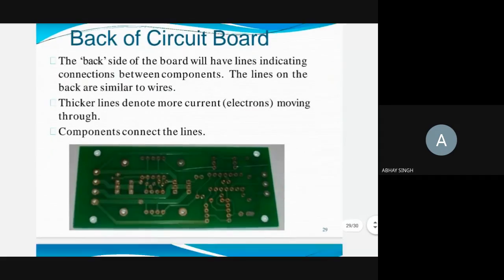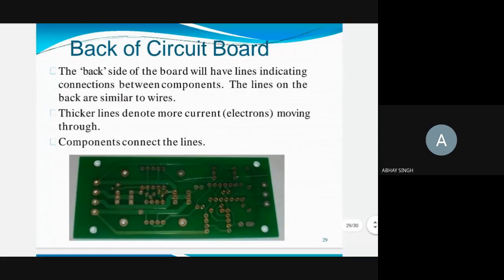There are connections at the back of the board. You can see the connections, and this can be done by machining, automation, and manually also. Usually, hobbyists do it manually. They take this board, which is available for around 30 or 40 rupees, and put it in a liquid. Then they draw the metal lines. There's a lot of chemical process. This is called PCB manufacturing.